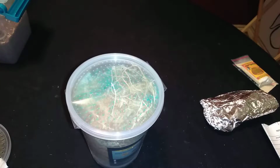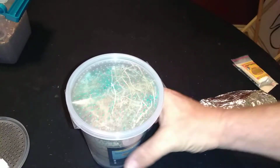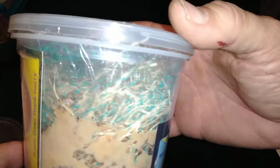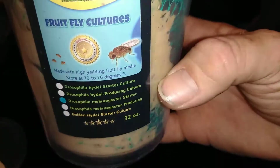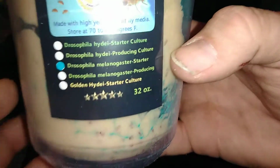Shortly after I placed my order, of course, I got my confirmation email. And then the day that they shipped, I got like two emails. One of them was your basic shipping notice from the United States Postal Service, saying your package has shipped. And then there was a confirmation shipping email from insectsales.com, which I don't know if I mentioned, but that's where I got these fruit flies from. And I wanted to talk now about Molly. That was the third email I got the day that it shipped, and she sent me a personal email herself,